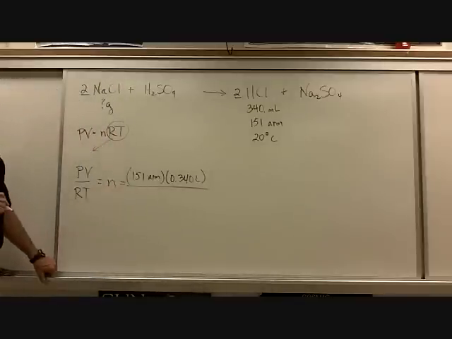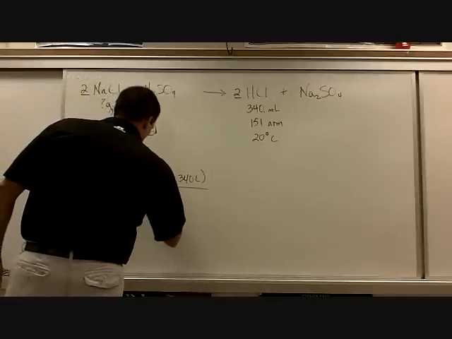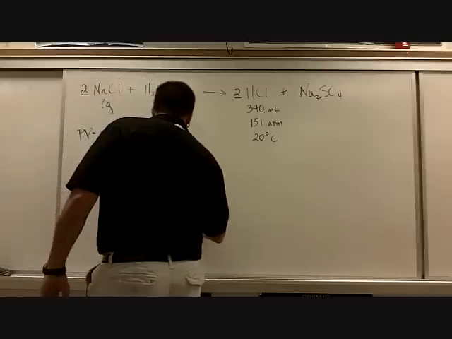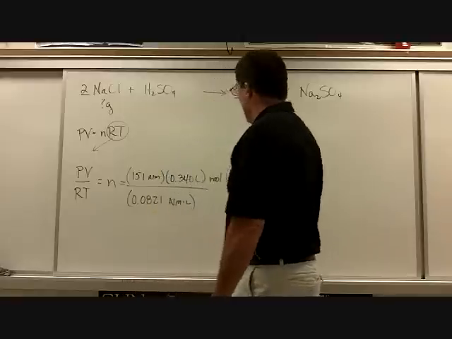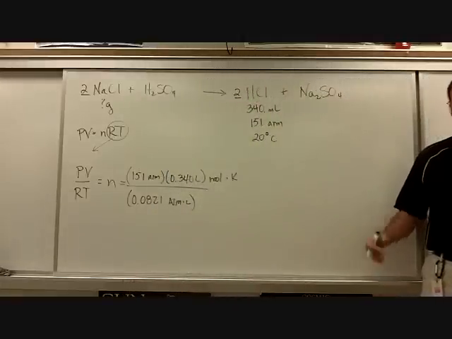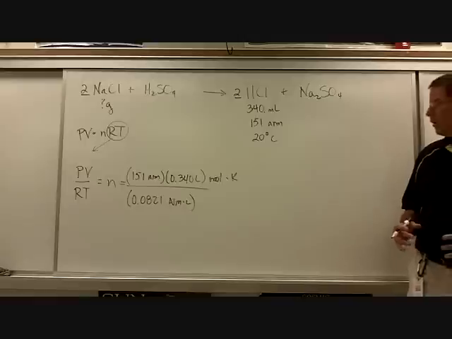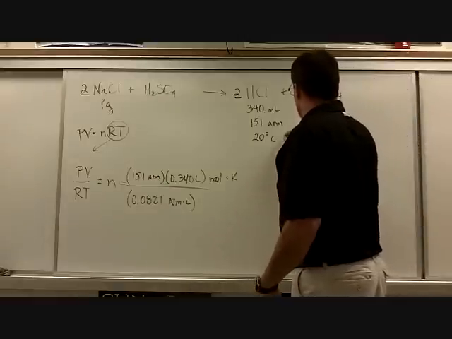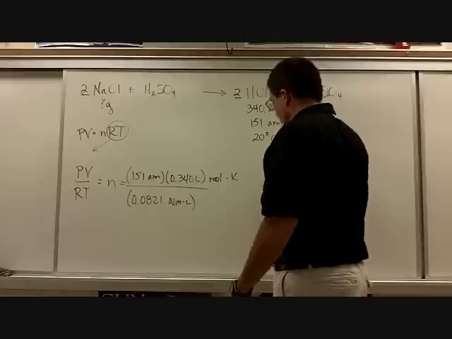My R, finally, you have an R on the bottom. So 0.0821, and again, this is why I do this: put the mole Kelvin on the opposite side. It cleans it up. It puts mole and Kelvin where it should belong. And then the temperature, we'll add 273 instead of 298. 293